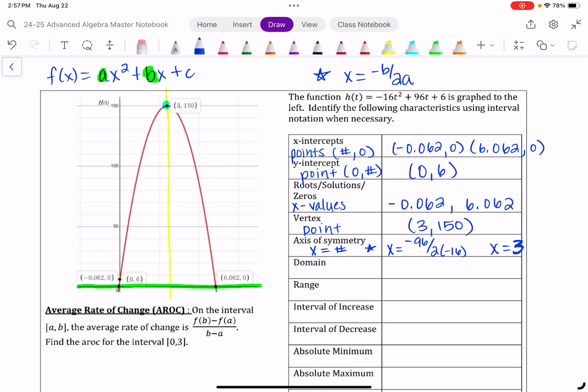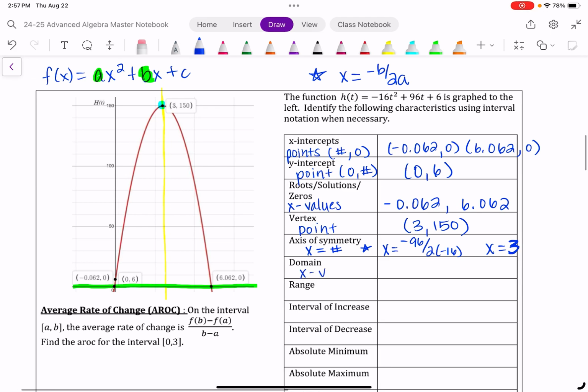Now your domain, remember that is x values. What values can we plug in for x? Realistically, we're only talking about what we can see. So it is going from 0,